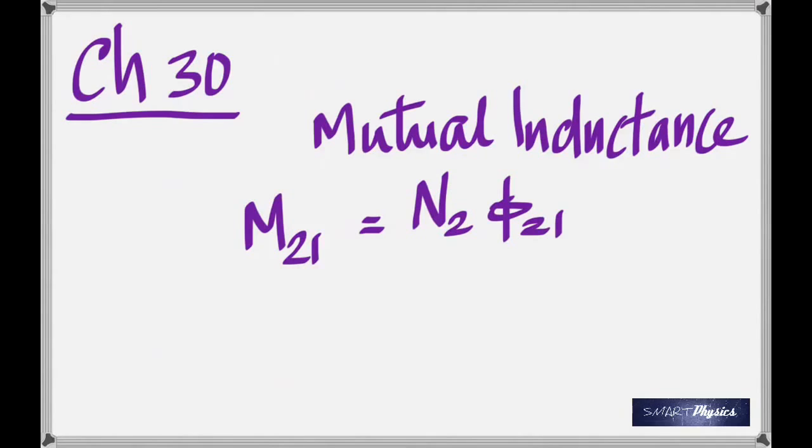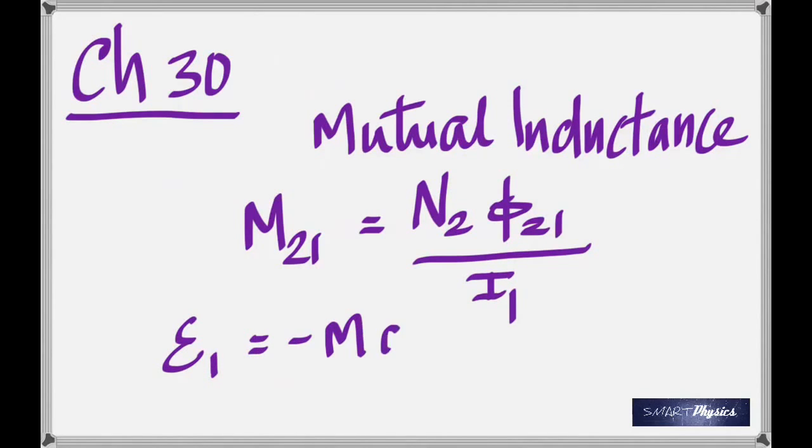So now you have M21. That means mutual inductance of coil 2 due to a current flowing in 1. It's given by the number of turns in 2 times the flux linked with 2 due to the current in 1 divided by I1. Or it can also be given as,